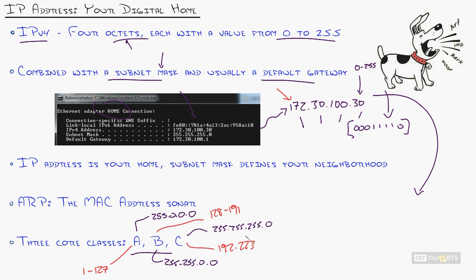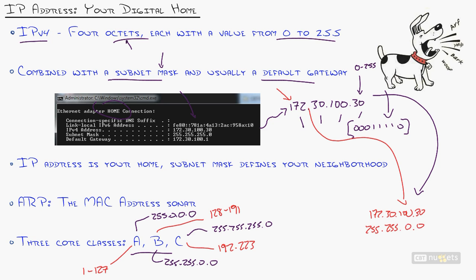So unfortunately, those are just numbers that you're going to want to slam into memory, so you're able to identify what I would call the default subnet mask for a given class of address. So looking at this, it is a Class B address. So 172.30.100.30 by default, meaning out of the box, if I was following 100% standard-based IP addressing, would have the subnet